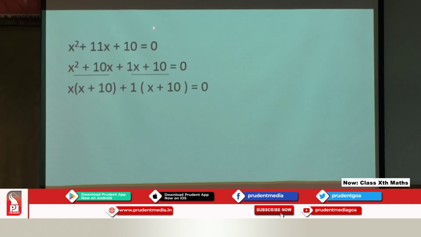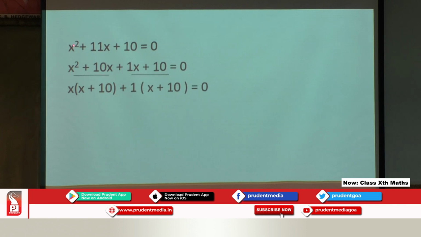See, this x square plus 11x plus 10 we got as the quotient. This we should factorize by splitting the middle term. So here the first term will remain the same. See, the middle term is 11x, the last term is 10. 10 into x square, the product we got is 10x square. Here the middle term is 11x. If we add, or sometimes subtract, we should get plus 11x. But if you multiply these two numbers, we should get the product 10x square.